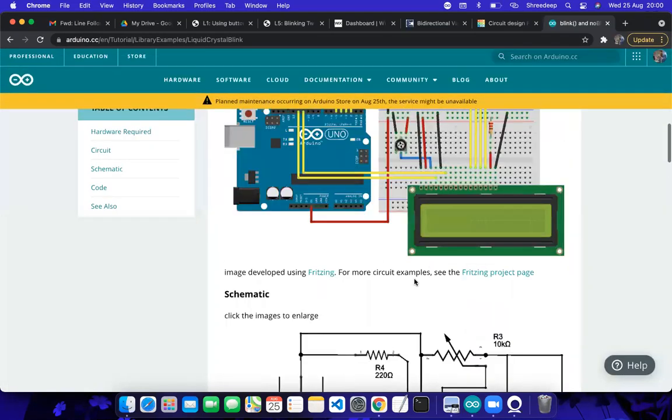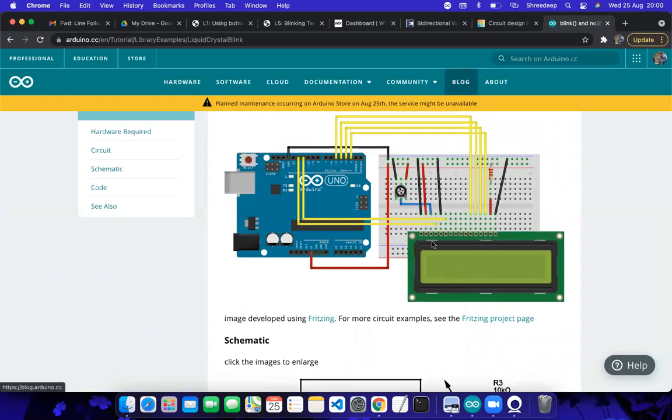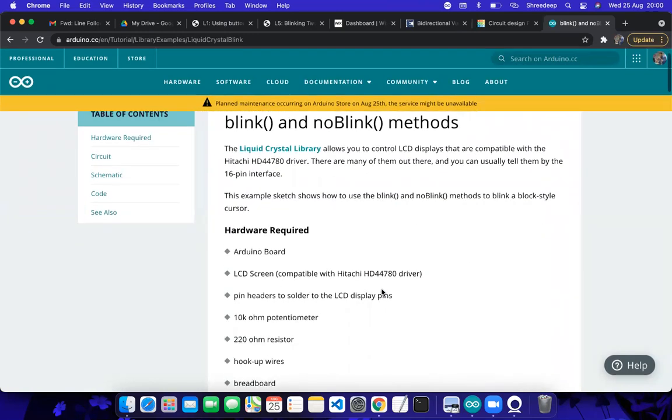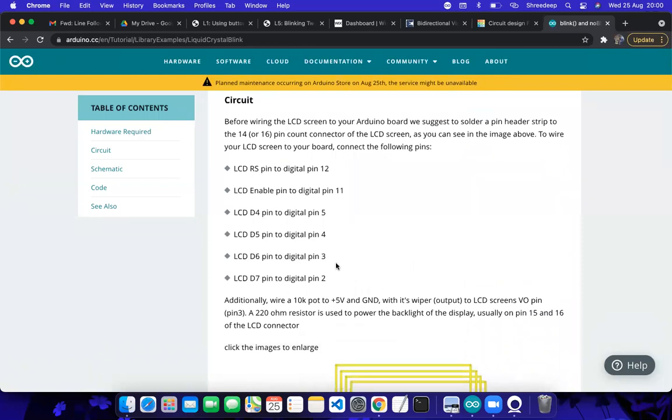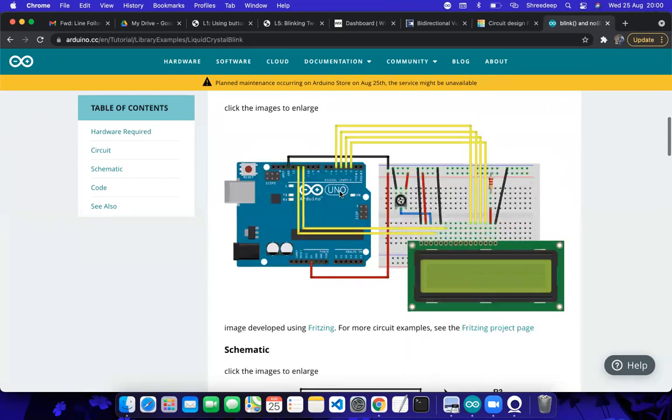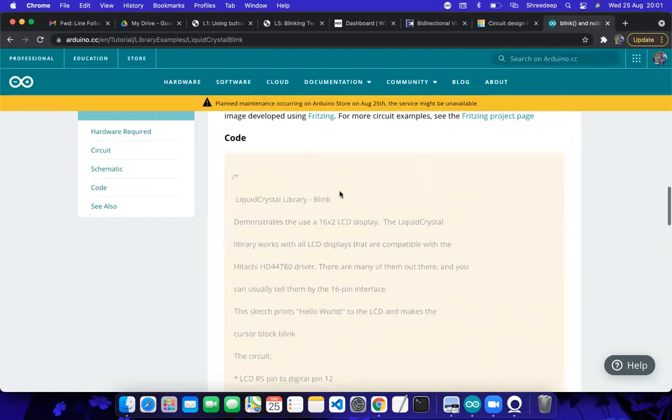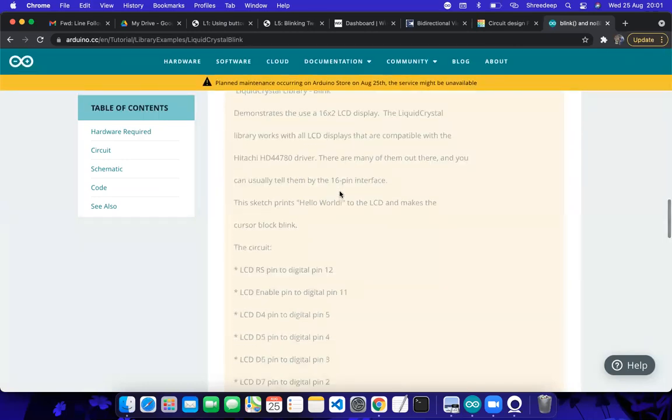That is why the enable signal is an indispensable part of the LCD. This E pin is also connected to a pin number. Pin number 4 is the register select, and number 6, this one, is connected to pin number 11. As an Arduino user, nobody really knows what 12 and 11 are all about. This is not our task. We just connect the pins according to their credit, because this is the way they have written their program and generated the library.